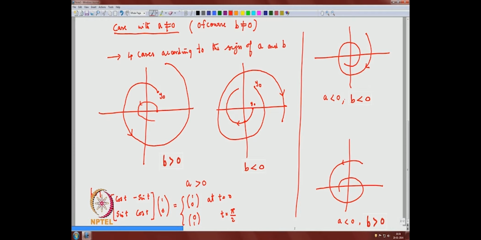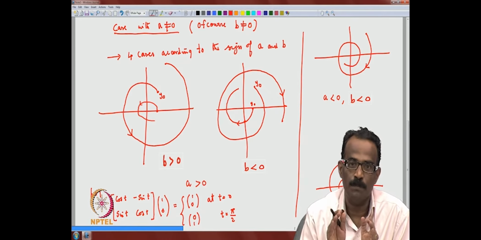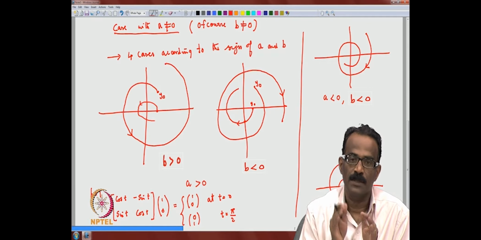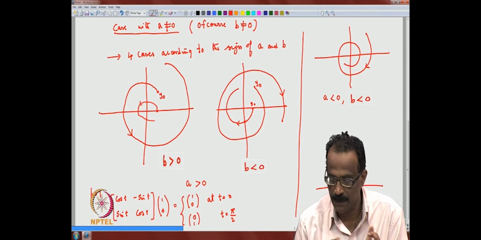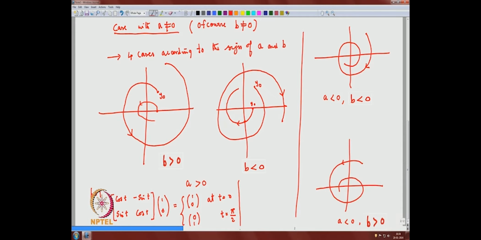Of course, we are taking A minus B, B A, that is the matrix we consider. In certain places you may see it written in the form of A B minus B A, but you have to check the sign properly. The best exercise is to take some particular values of A and B with all 4 combinations and try to focus here. This situation is called a focus.